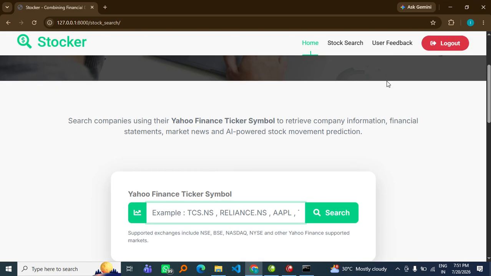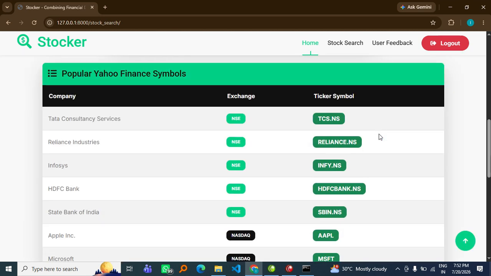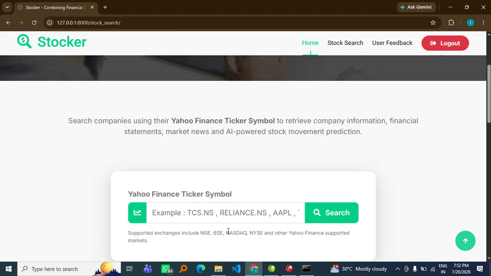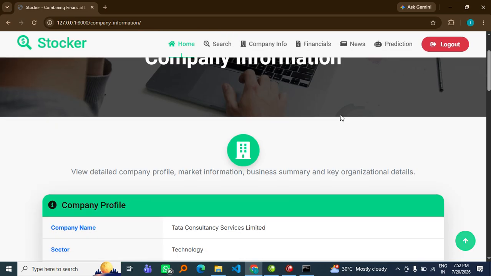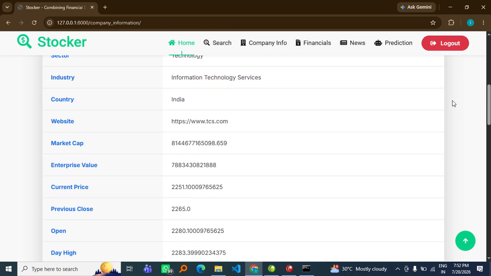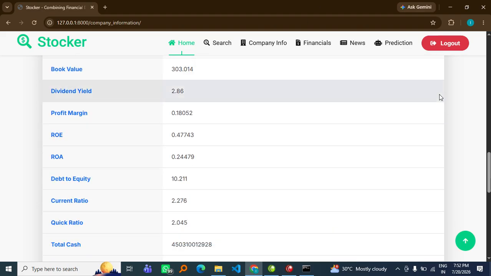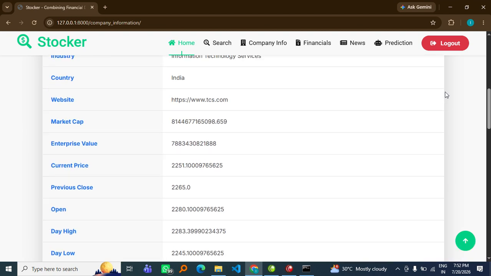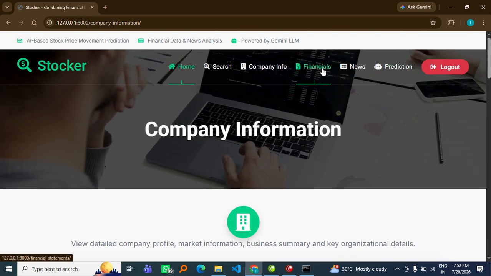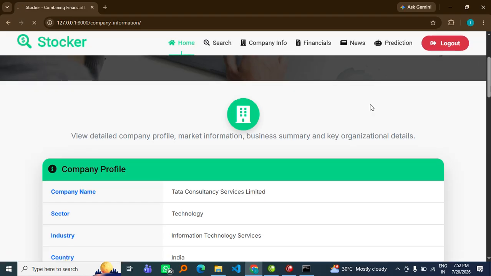User needs to search the stock first. Copy Yahoo ticker symbol and search the stock. This is company's information and company's financial information,